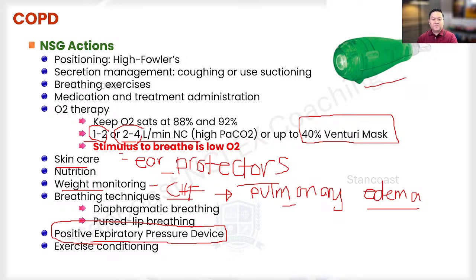Now, part of the education and the rehab of your patient in the home setting is to progress their fluid intake to at least 2 to 3 liters per day if there are no contraindications. And this is to thin the mucus, which is very important. Again, we have to encourage the intake of fluids unless it is contraindicated, because this will help out in thinning the mucus.